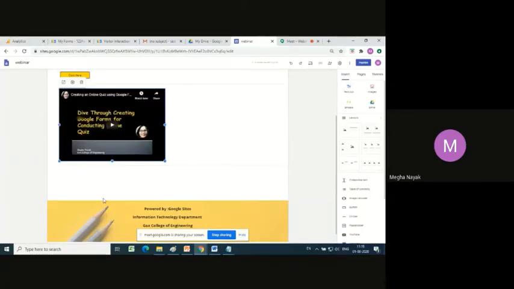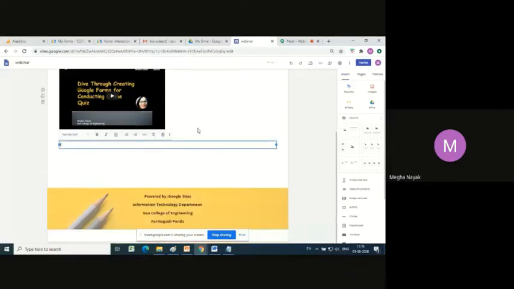It will come in over here. Now you could have also used this option if you wanted to have a text box and tell your student to refer to this for tutorial purpose. And you wanted to paste the link of that video, I'll paste it.